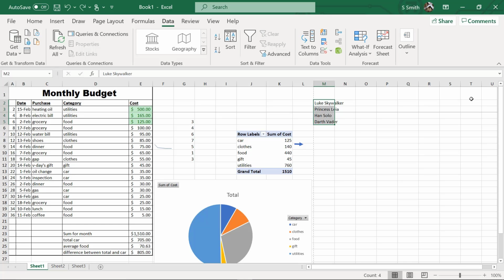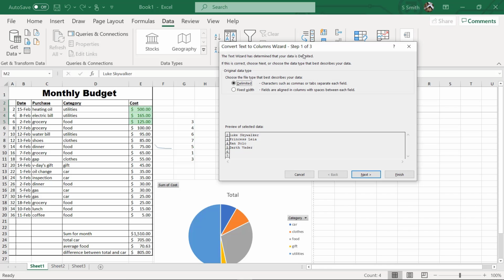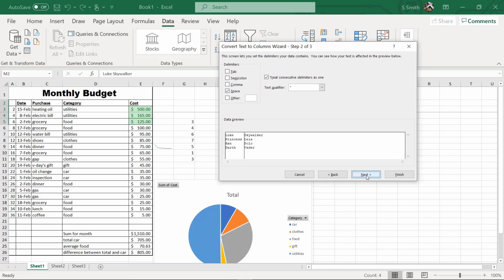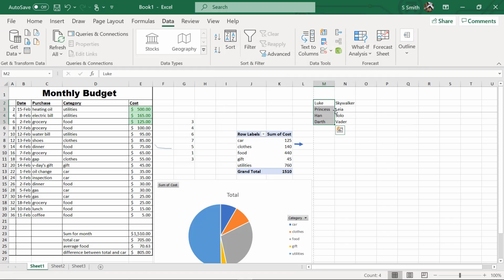Here's another interesting thing you can do with data. I've stuck 4 names up here, and I would like to split these names into a first name and last name column. They're all separated by a space, and I can do that with this field here that's called text to columns. If I click this button after selecting my data, I'm going to pick delimited. Delimited means that my data is separated by something in common, and in this case it's a space. Then I'm going to click next, and I'm going to check the box that says space. And then I'm going to click next, and I'm going to see that it's going to be split into 2 different fields. And if I click finish, my names are now in 2 different fields.